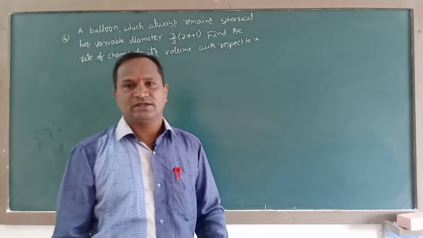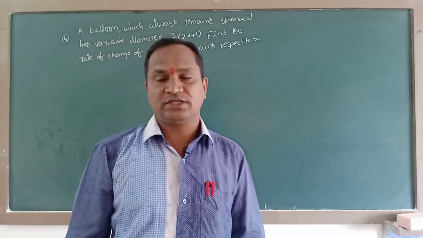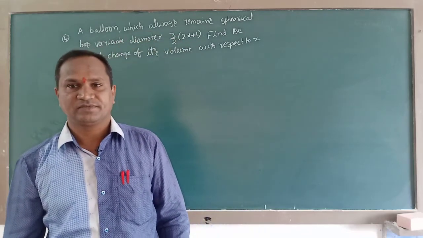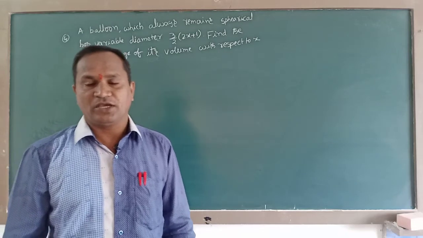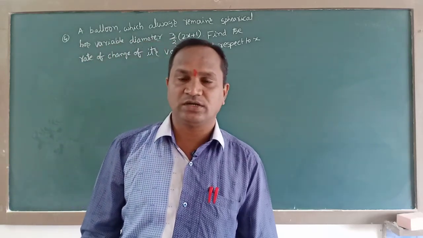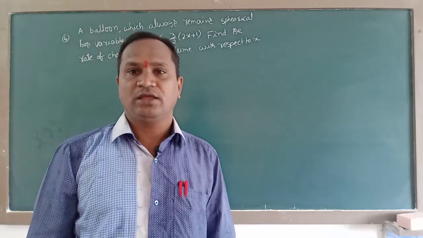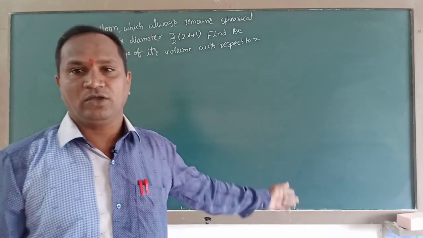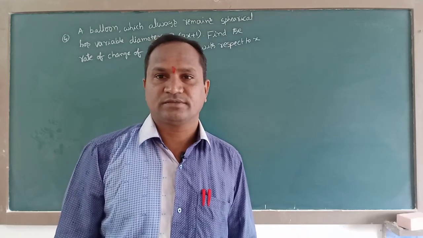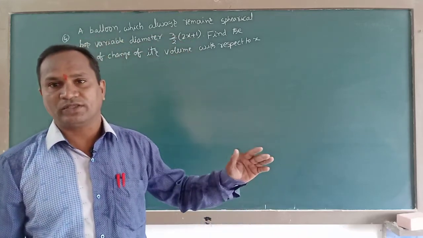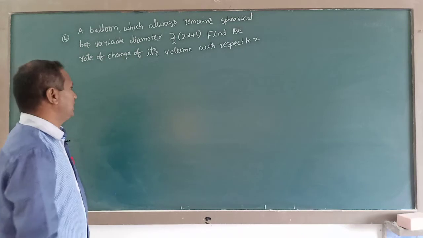But we need the radius, which means dividing the diameter by 2. If we do like that, you will get the radius, the variable radius here. After finding the radius, we must apply the volume of a sphere. Balloon is nothing but a sphere only. So here also we apply the volume of the sphere formula, 4 by 3 pi r cube. Here we consider the radius of the sphere as r. Like that we are going to solve this question. Now let us give the solution for this question.